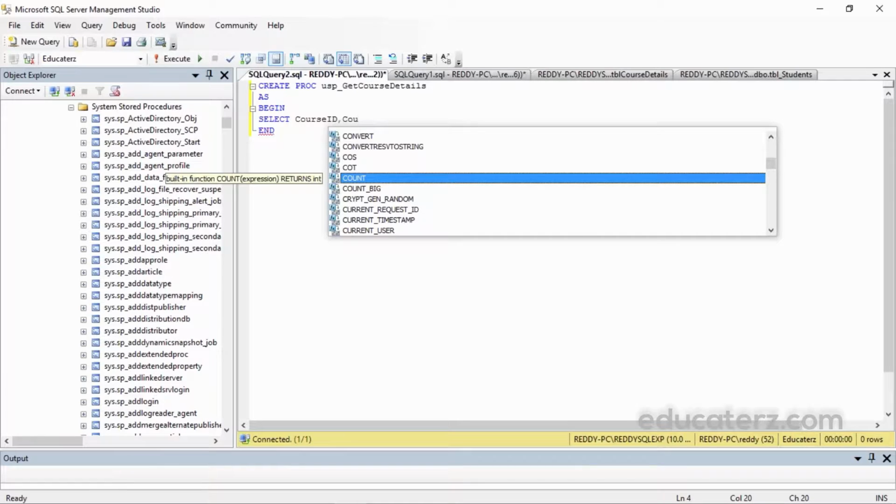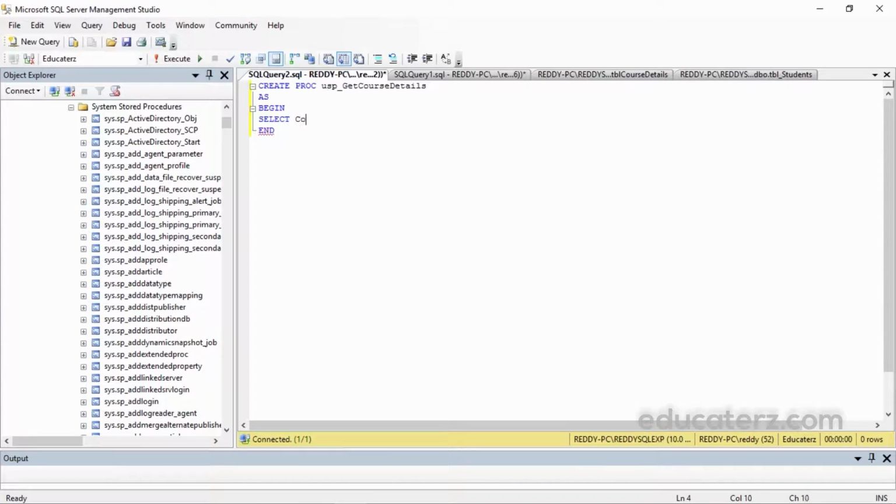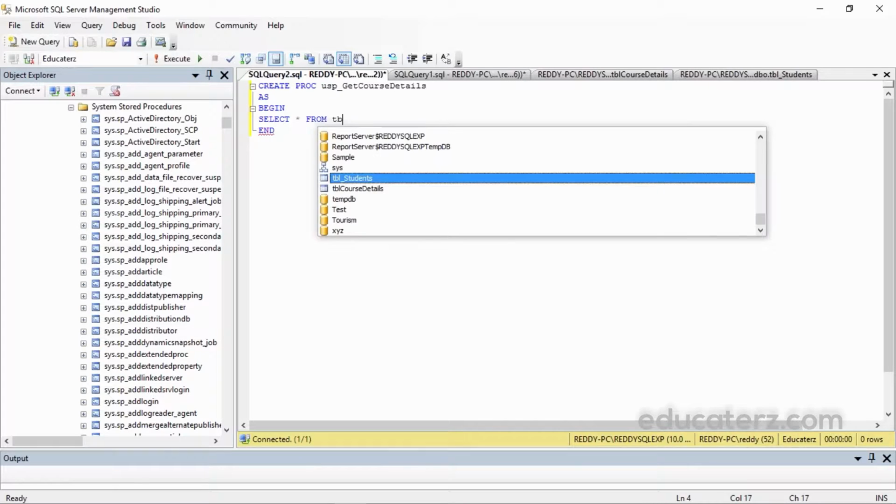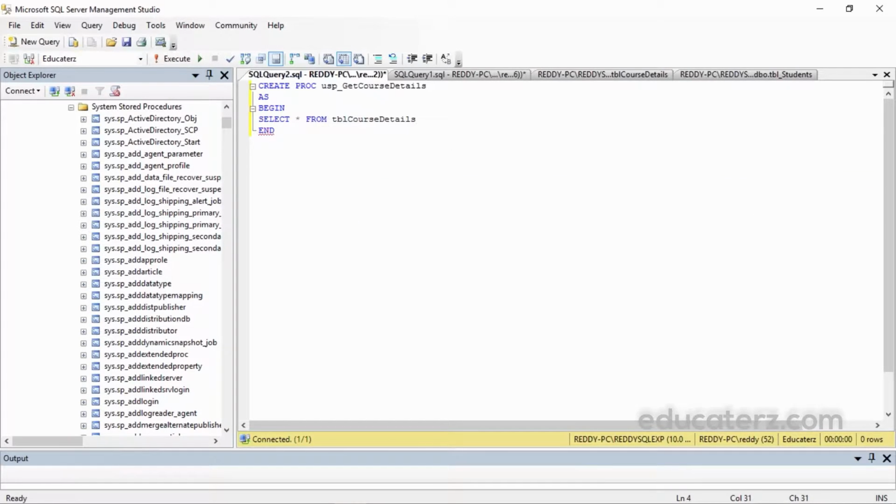Sometimes you will not get IntelliSense working to see the column names. So what you can do is select star from, type the table name first, and let us see how we get the tbl course details columns. Now just delete that.